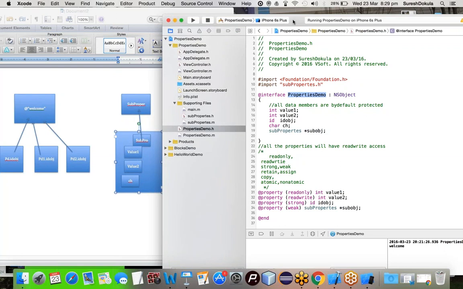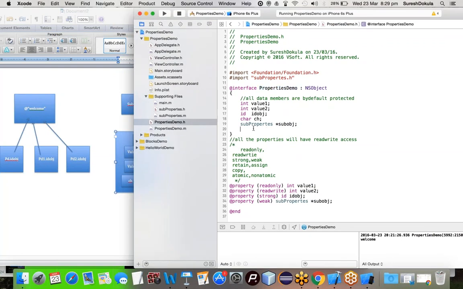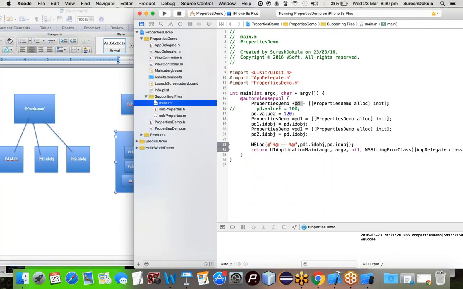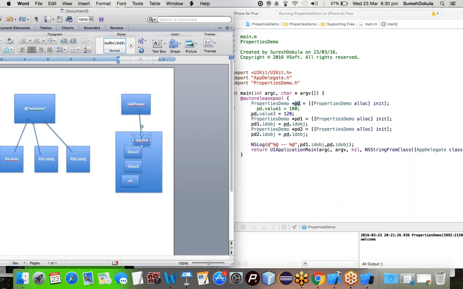Since the property demo object is strongly referred, if that address is deleted, the subproperty, which is a weak reference, will get deleted automatically. Before this property demo gets deallocated, it will check for this ID object, since it is a strong object, whether it is already deallocated or not. If it is deallocated, only then is this object eligible for deallocation. If any of the properties of this PD has a strong memory reference, then this won't get deallocated. If all the memory addresses of the PD are deallocated, only then will this main reference get deallocated. Since it has 4 objects,